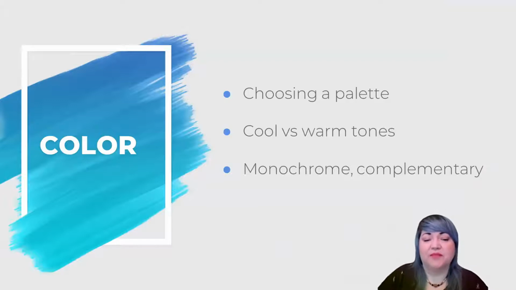Let's start with color. For color, you want to choose palettes that go together. A color palette is the main colors that will be seen throughout your site. Some things to keep in mind are that you don't want to have too many different colors, especially if you haven't intentionally chosen a palette. You can decide to stick with all cool or warm tones. Cool tones are like gray, blue, and purple, whereas warm tones are brown or beige with orange, yellow, and golden